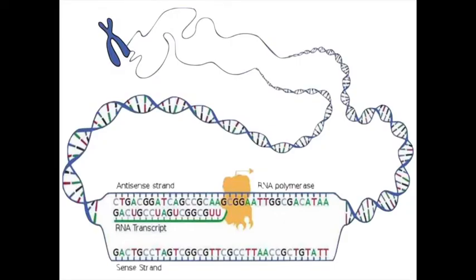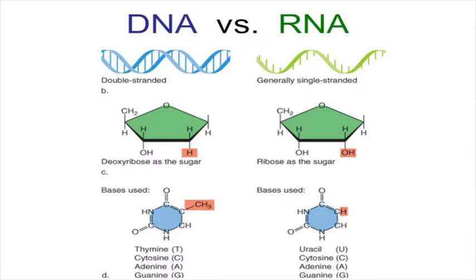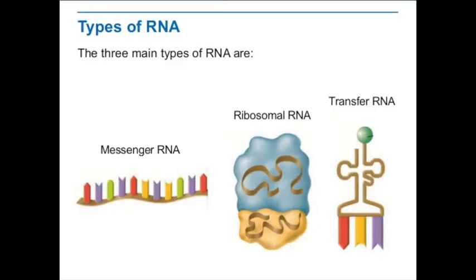Transcription is a process by which genetic information encoded in DNA is copied onto messenger RNA. Transcription occurs in the nucleus. The main differences between DNA and RNA are that the sugar in RNA is ribose instead of deoxyribose. RNA is single-stranded. RNA contains uracil instead of thymine. RNA is disposable. RNA can be outside the nucleus, DNA cannot. There are 3 main types of RNA: